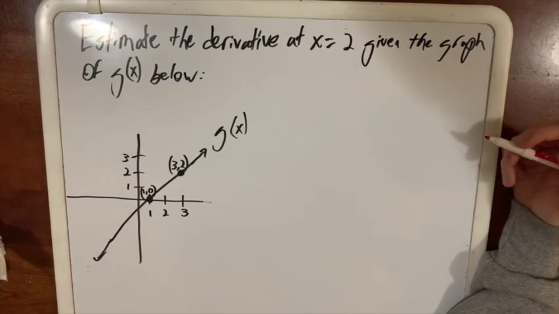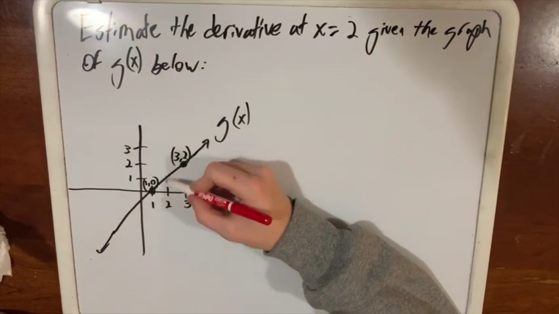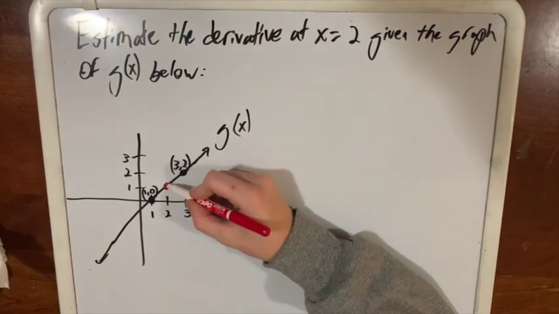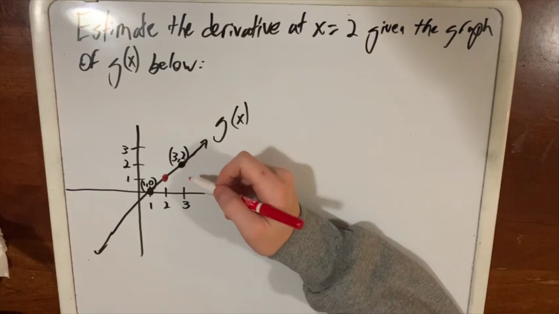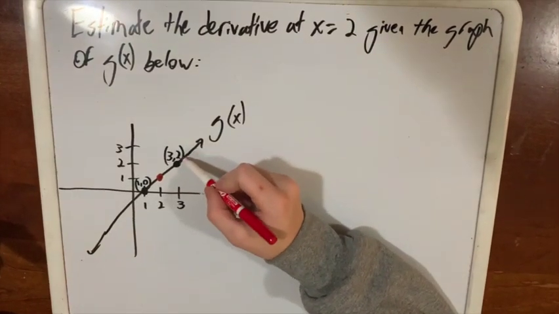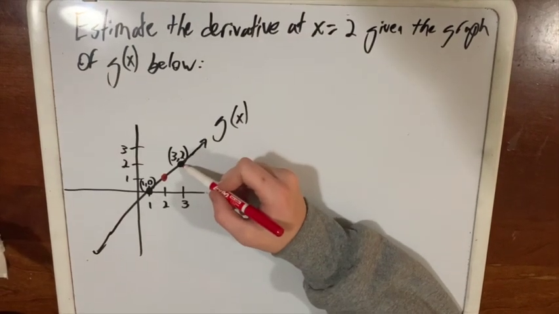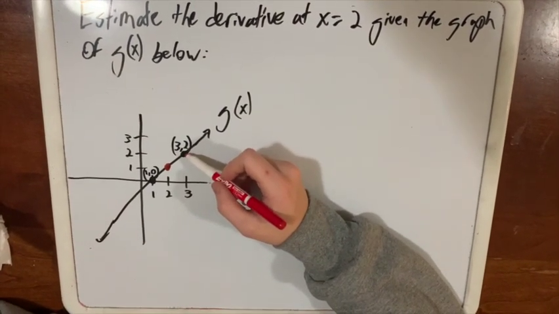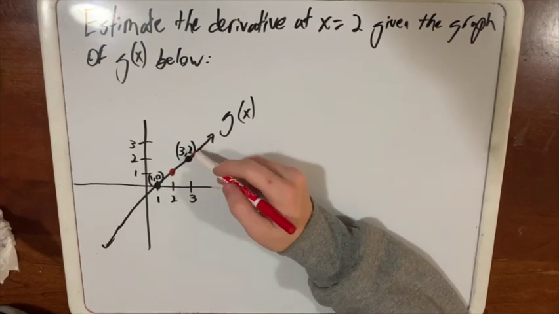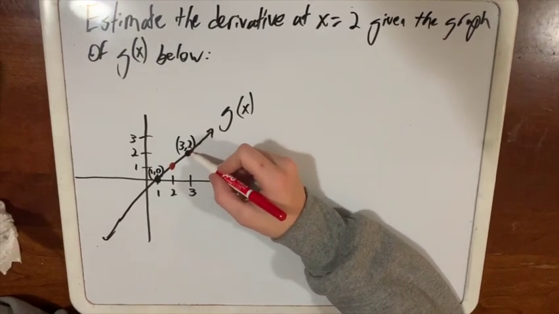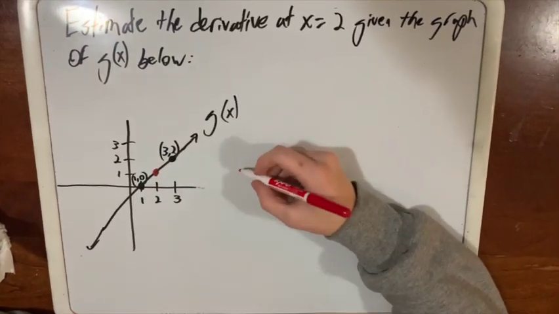So in this problem, you're asked to estimate the derivative of the point at x equals 2. So the point would be right here on the graph. One way that you could do this is to find the average slope between the points immediately before and after the point you're looking for, in order to get the closest estimate you can of the slope right here. So if you find the average rate of change from this point to this point, you would use the formula